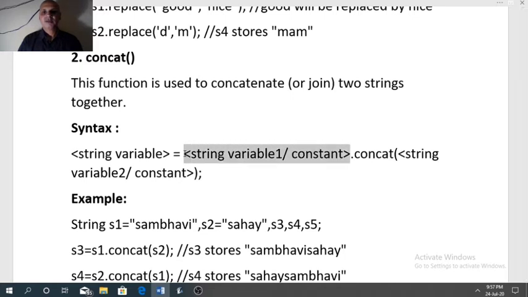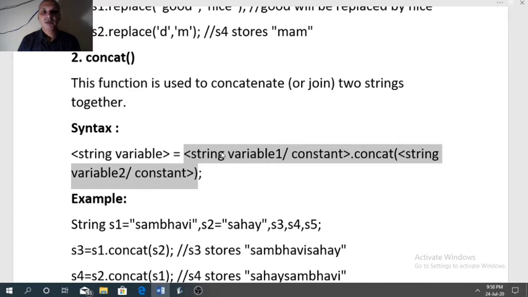It can be a string variable or a string constant. Then dot, the name of the function, concat. Now in the parenthesis we will write the argument, that is string variable 2 or a constant. So we are going to join string 1 with string 2.